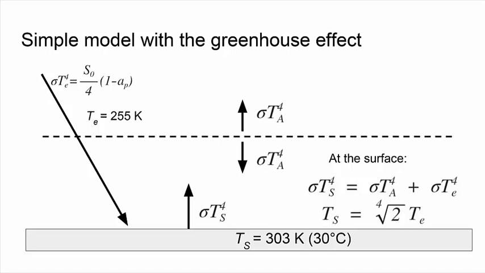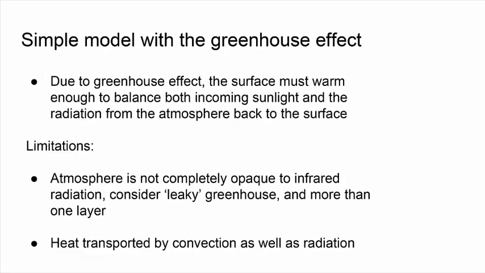This is better than before, but it's a bit too hot. This is because of the assumptions we made. So the assumptions, like I said, are that there's a window where some of the IR radiation is allowed to escape, and not all the solar radiation that comes down to the surface is absorbed by the atmosphere. You also have other processes that can transport heat from the surface, which I'll touch on later, that are convection and conduction.